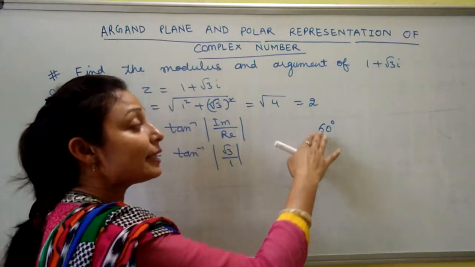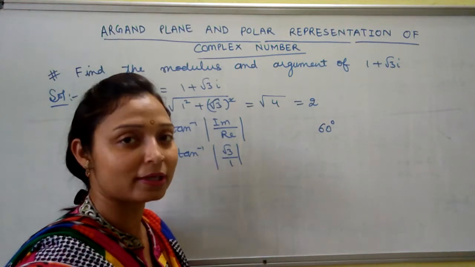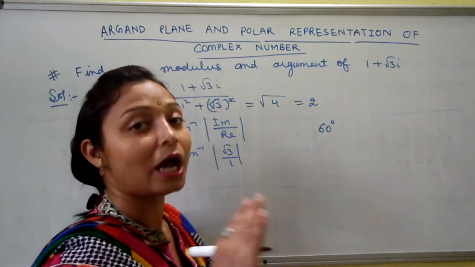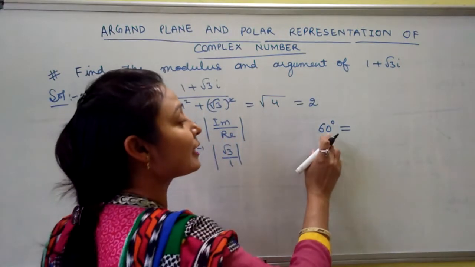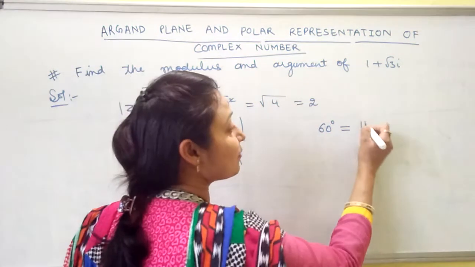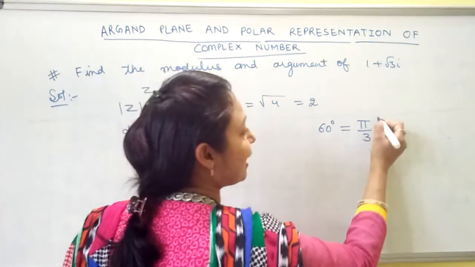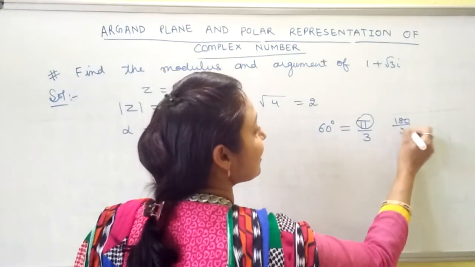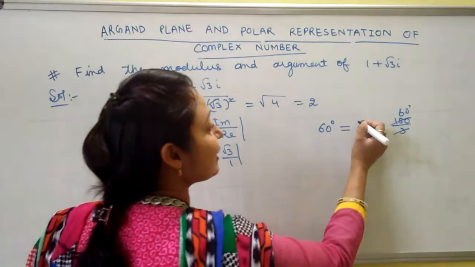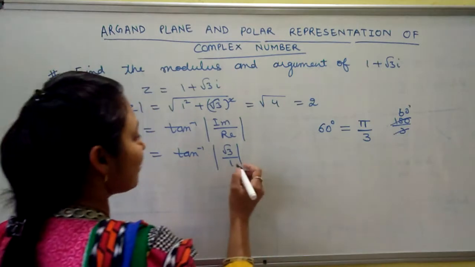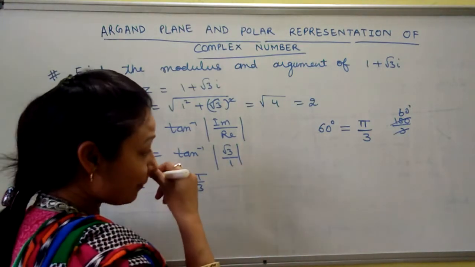I will convert it into the radian form. We will discuss the radian form in the trigonometric functions chapter, after completing this chapter. In trigonometric functions, we will always take the degree form and the radian form. I will always take pi by 3. How do we get pi by 3? Pi means 180, divided by 3, after cancellation we get 60. So we have to convert it into the radian form, which is pi by 3. This is alpha, pi by 3.